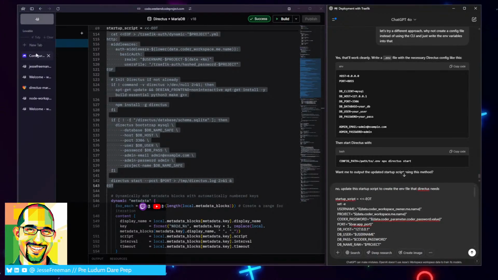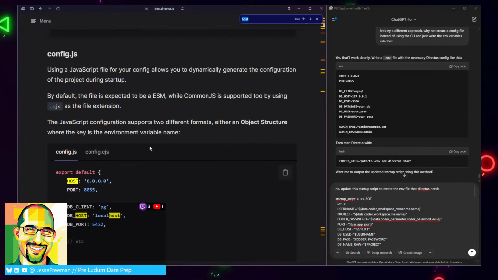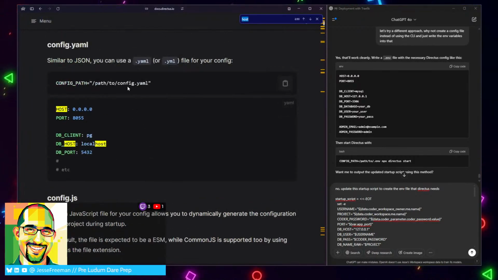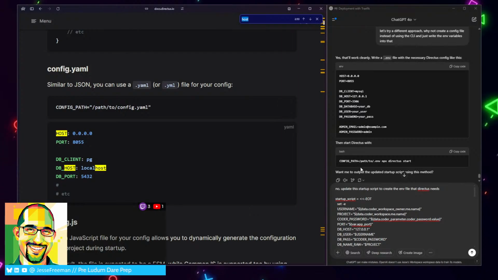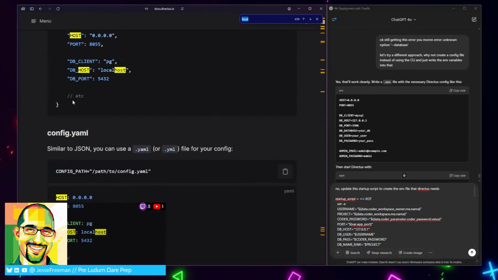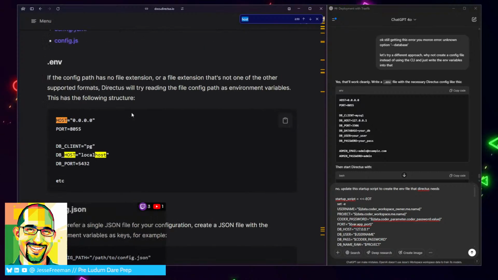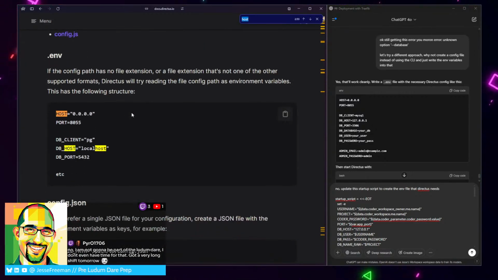Where was the documentation again? Let's see here. There was a config. I'm just going to double check what the hell it's trying to do. Config path to config YAML. We can use a YAML file. We can use a JSON file. We can use an environment file. If the config path has no file extension or the file extension is not one of the other supported formats,